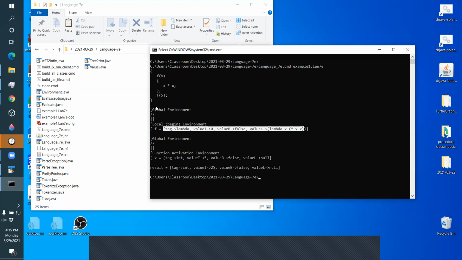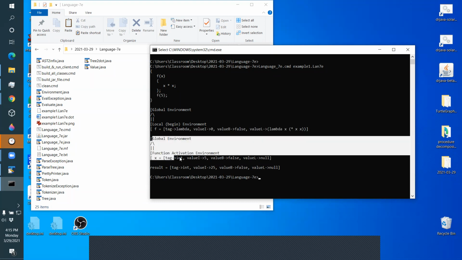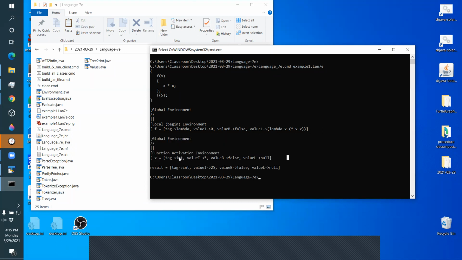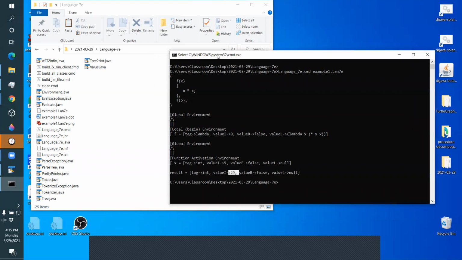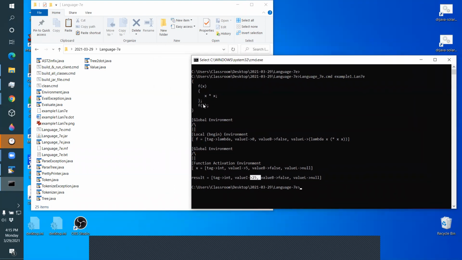And then I call F. So here's the call to F. There's the activation record for F, and it's got 5 as the input parameter for X. And it returns 25 because it's just a squaring function. It worked fine. Now let's see where things can go wrong. Right now,